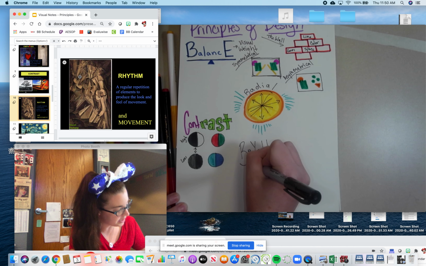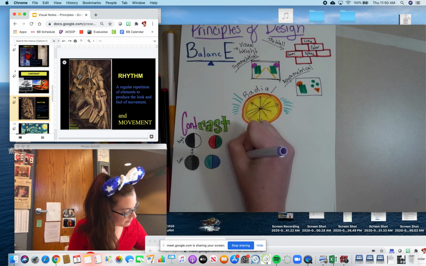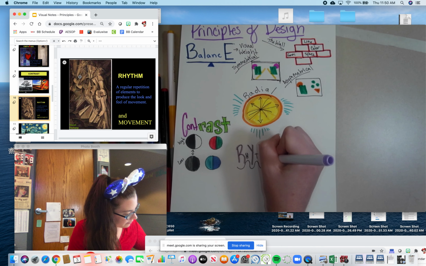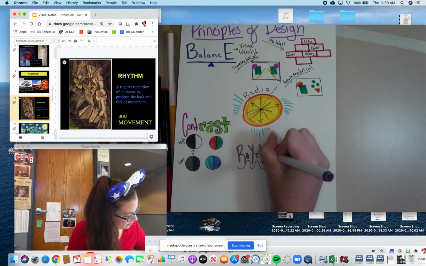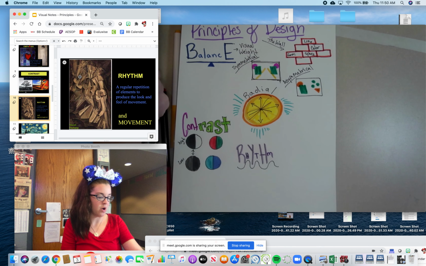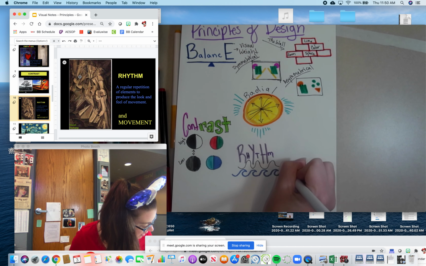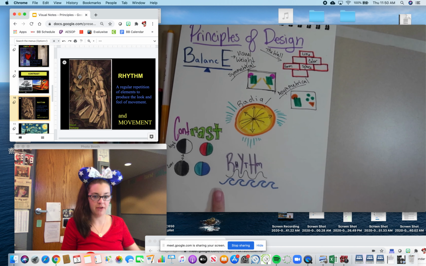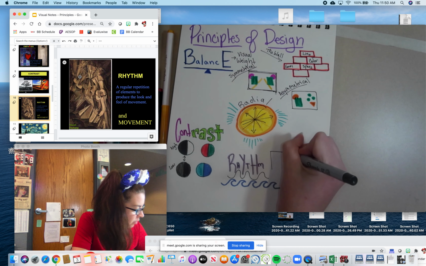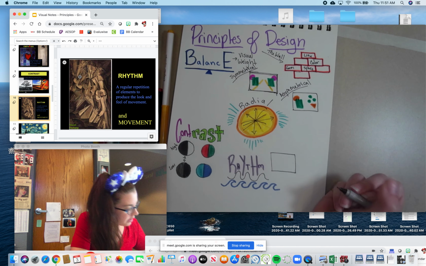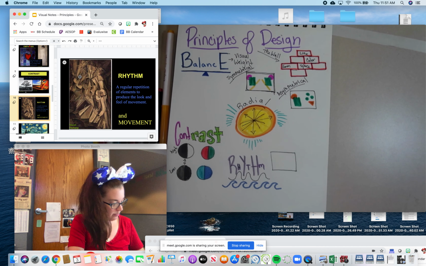So rhythm is kind of the up, down, push and pull repetition of elements. So I'm going to draw a little doodle of some waves down here. So when I look back at these, I'm going to see that and remember, oh yeah, Miss Cohagen said that rhythm is like the waves of an ocean. Creating rhythm in an artwork is about repeating elements in a natural and movement-oriented way. What I mean by that is,